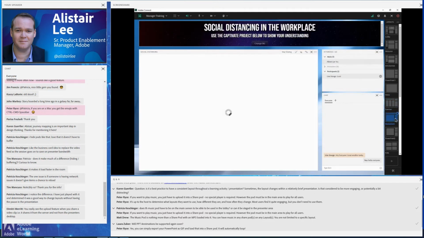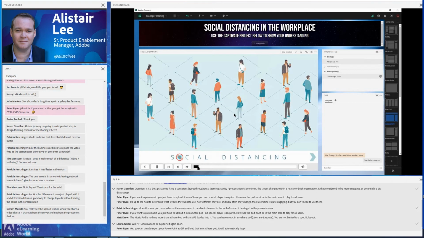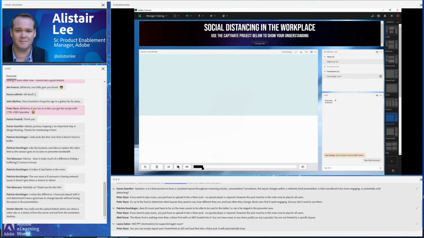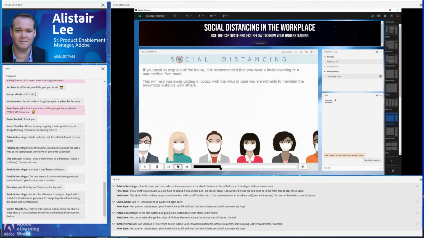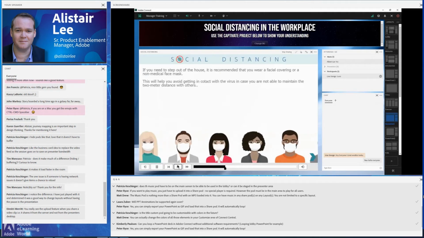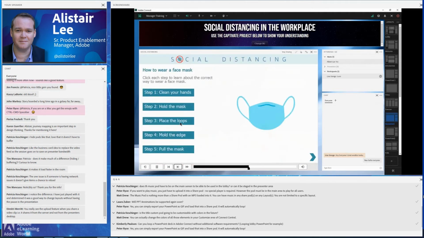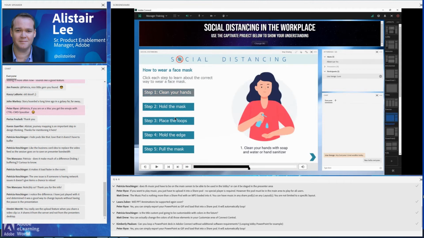On my next layout, I've got an assessment. And this is something similar to a learning interaction. This was actually designed in Adobe Captivate. And we're able to bring in e-learning content from authoring applications like Adobe Captivate and turn it into interactive content. So for example here, instead of just going through this on their own, they can interact with the content in a virtual classroom with everybody else.